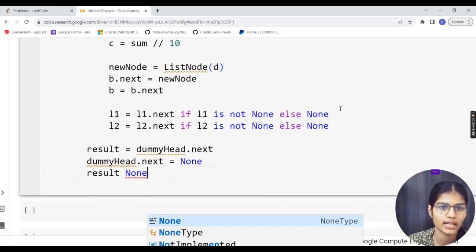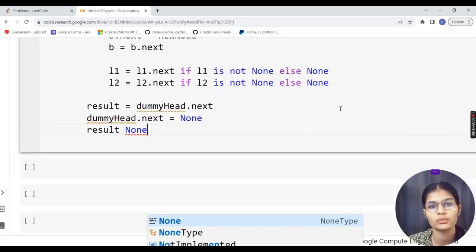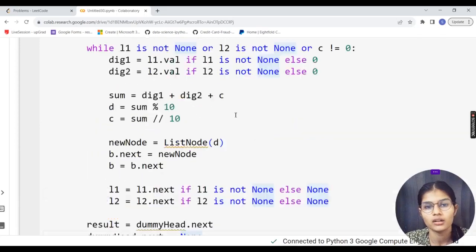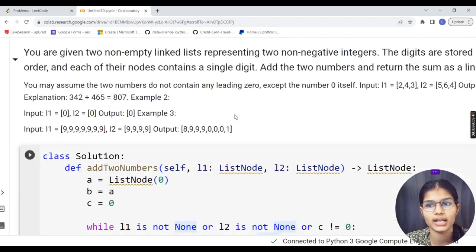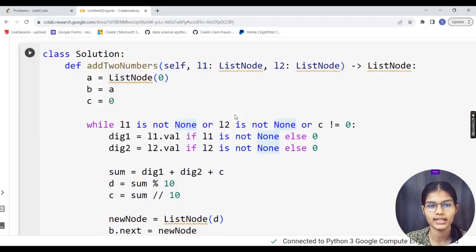Then we assign the values to our list and go ahead. So this is how this complete program is designed. We are having the empty linked list, which should contain non-negative integers. That was our condition.